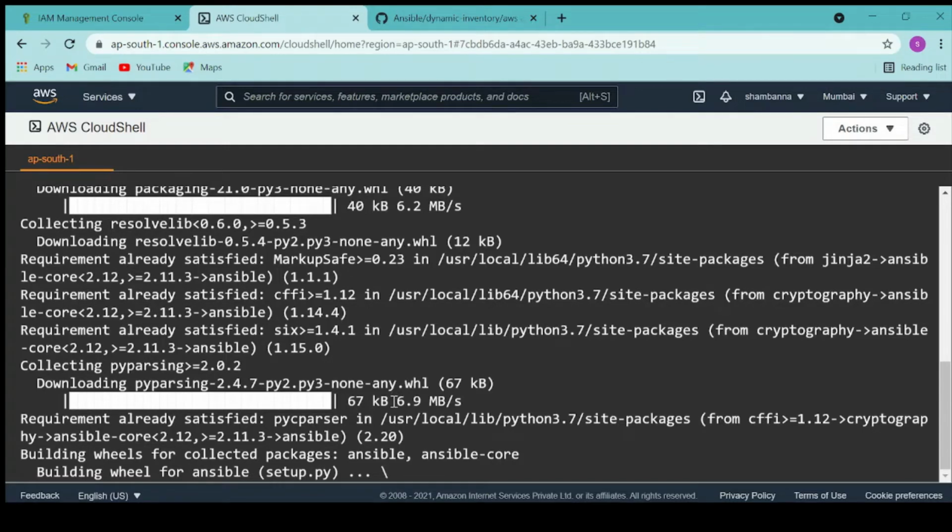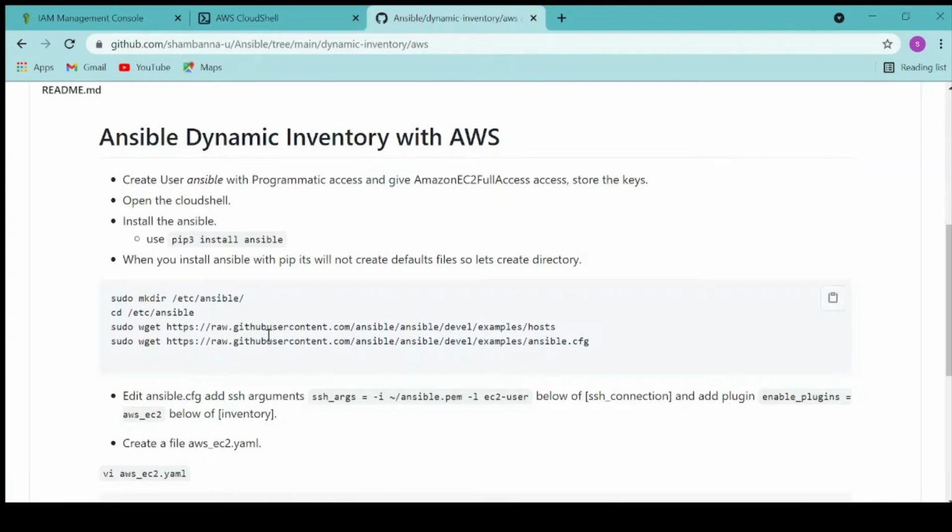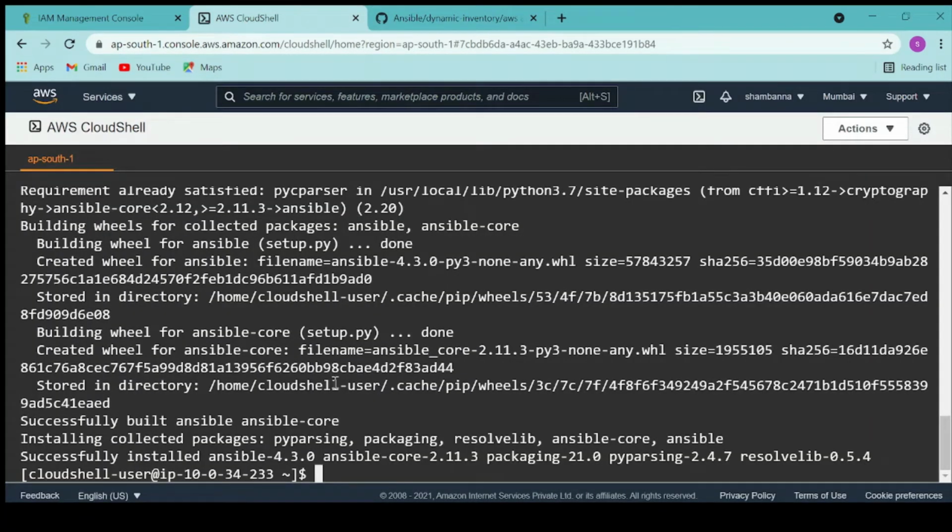Okay, so maybe I'll pause the video and I'll come back once installed. So installation is just completed. So it has installed Ansible. And next step, I'll create a directory. This is not created by pip, so I have to create the directory. Okay, the s is missing here,